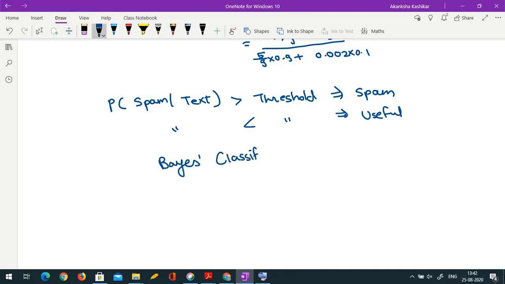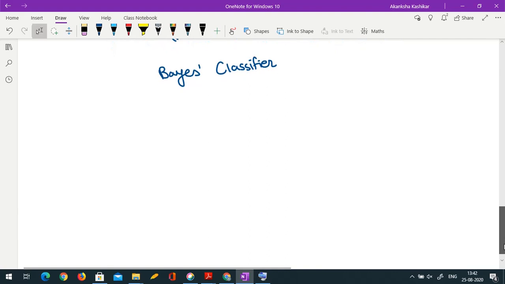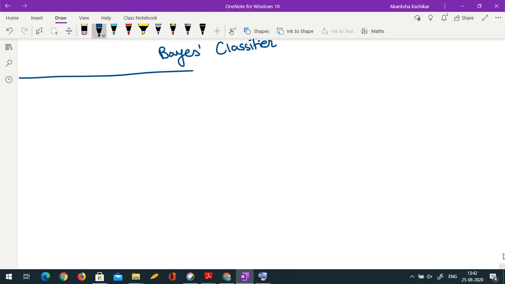So a Bayes classifier basically does classification using Bayes theorem, and the classifier that we are going to see today, the k-nearest neighbor classifier, is actually based on a similar idea. The basic principle of k-nearest neighbors is based on the Bayes classifier, and that is the reason why it performs quite well. So what do we do in k-nearest neighbors classification? First let us focus on the classification part, then we will go to regression.